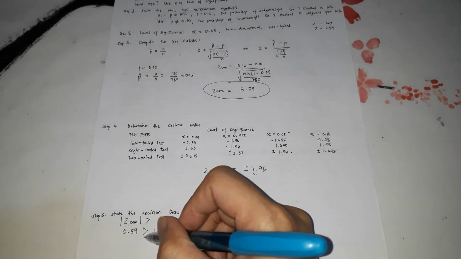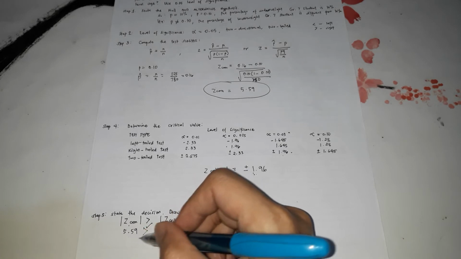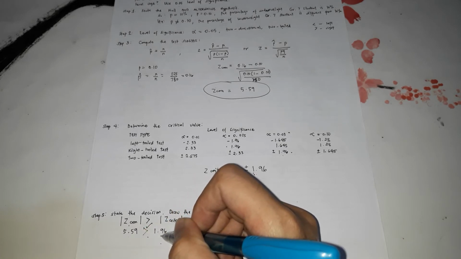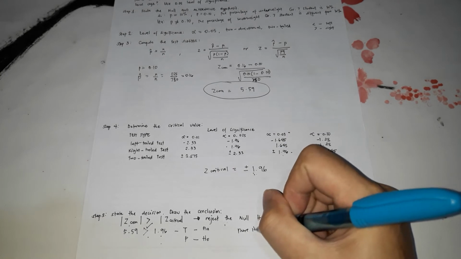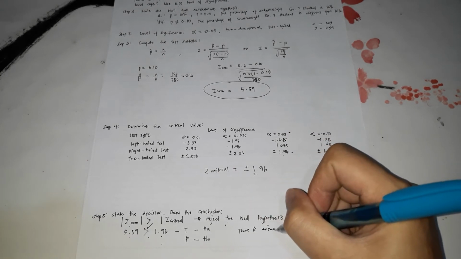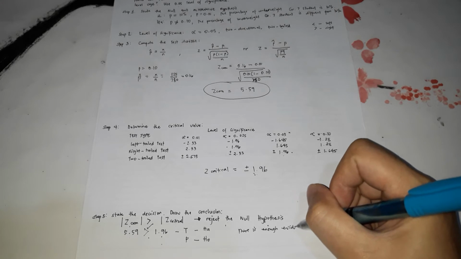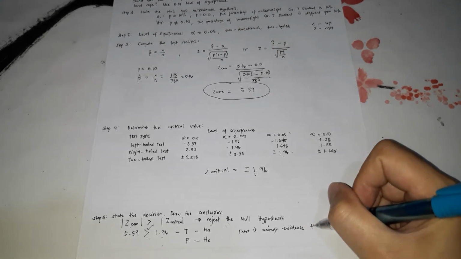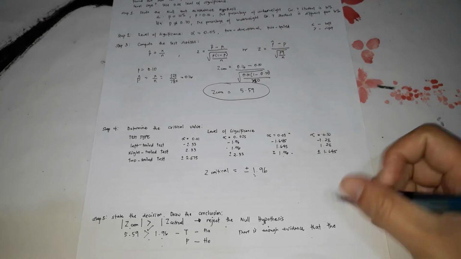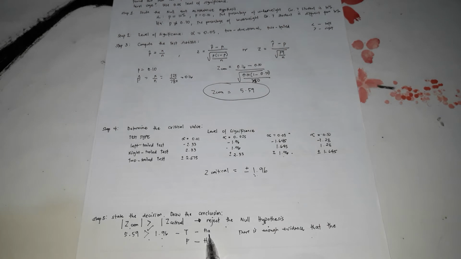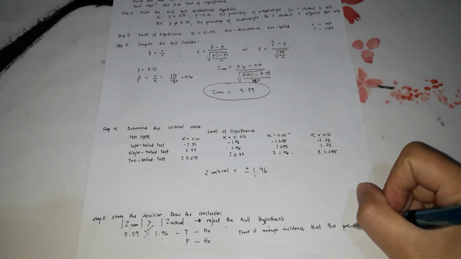But because this is true, kasi 5.59 is greater than 1.96, therefore our conclusion is there is enough evidence. So you start with the phrase, there is enough evidence that, because this is true, so therefore our alternative hypothesis is our conclusion that the percentage